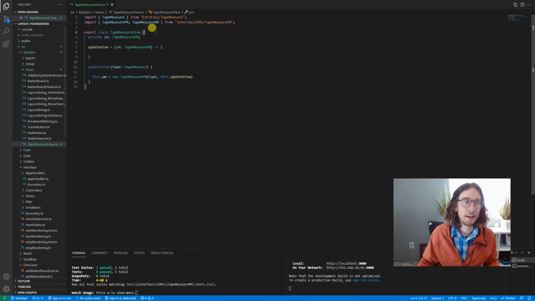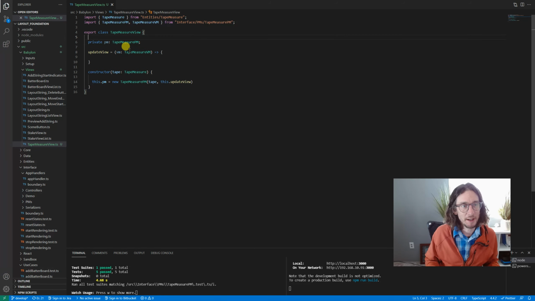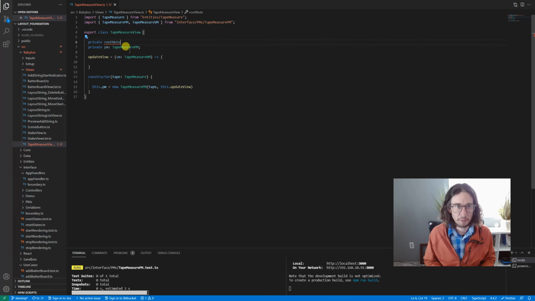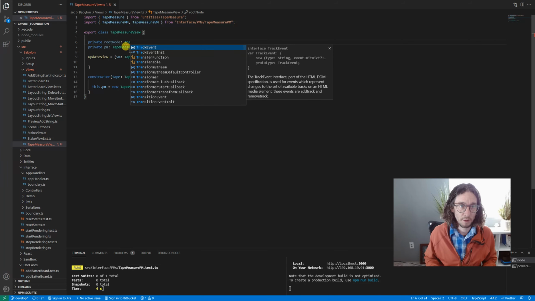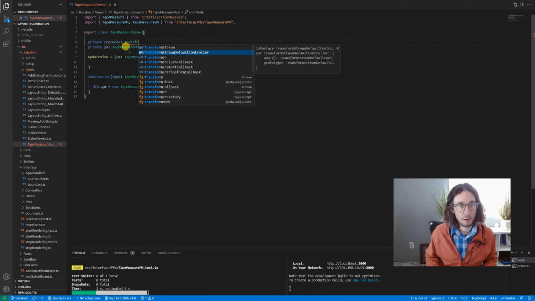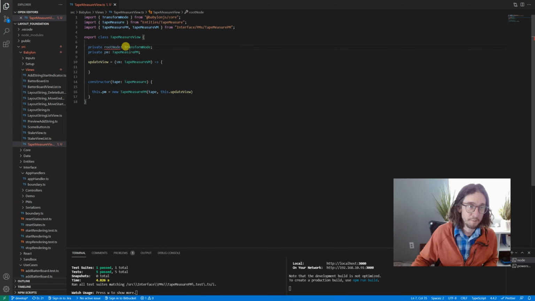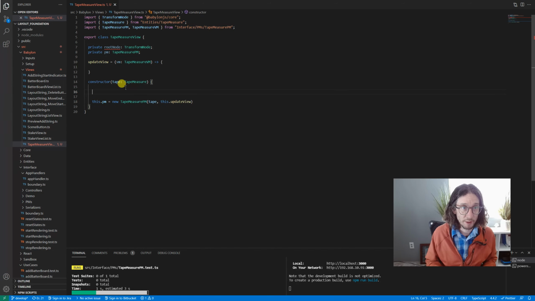So this is kind of the drudgery part of writing in Babylon. We're going to make a transform. So we're going to have a private root. I like to call it a root node. I like to make a transform at the very bottom of everything, and that's going to be a TransformNode. There it is. We need that. So let's come down here. We need to create that. So this dot rootNode is going to equal